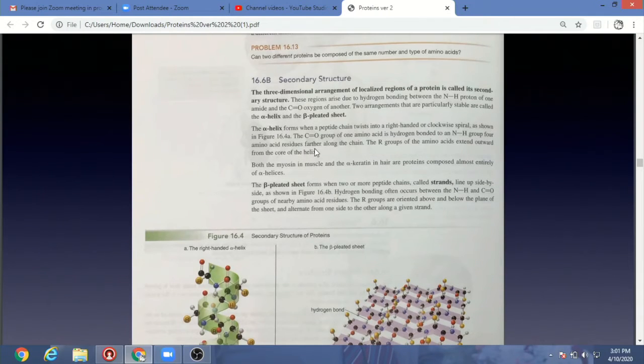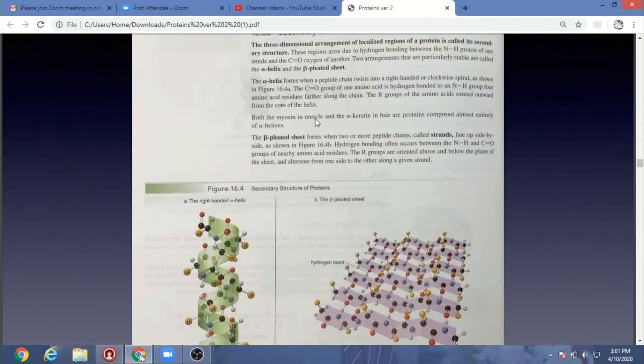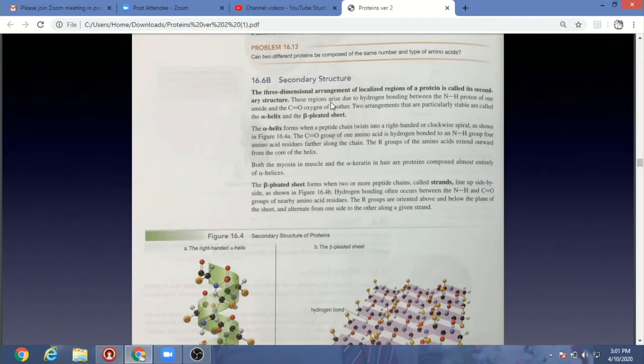So let's move on to secondary structure. The secondary structure is where you finally start to get some shape taking place. Basically, it's the three-dimensional arrangement of localized regions of a protein. It's going to be the three-dimensional arrangement of localized regions. These regions arise due to what's called hydrogen bonding between the NH proton of one amide and the CO oxygen of another. So the hydrogen and oxygen basically are going to be